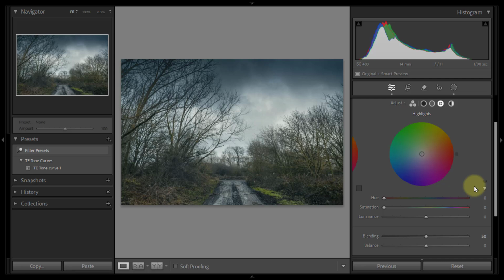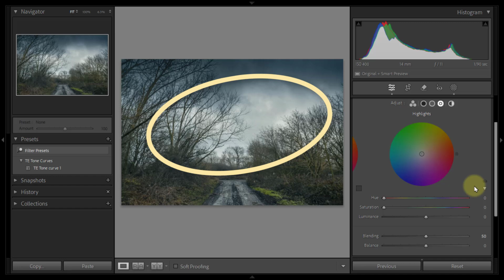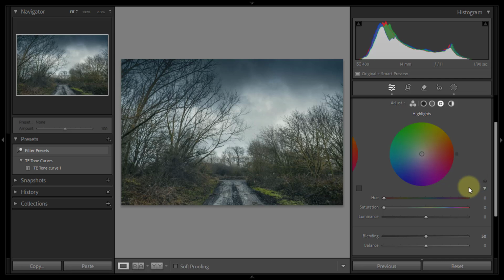So I've got very cold, if you like, highlights. So the bright highlights in that central area where the sky is lightest is quite cold, and I just want to heat that up. So what I do with this color grading tool, I take the saturation all the way up to the top, plus 100, and then I apply the hue. So in this case, I want to warm those highlights up. So I go all the way up to green, and then I drag that to the left to go into the yellows, and then I go into the reds, and then eventually you go too far. So that's too far. So when you go back to the greens, you go into the yellows, and you want,